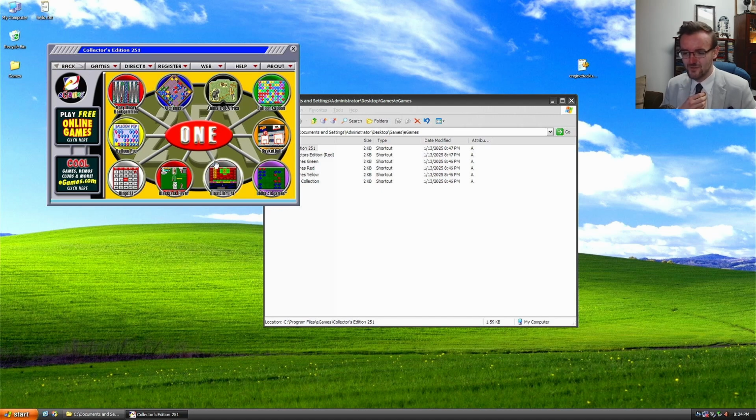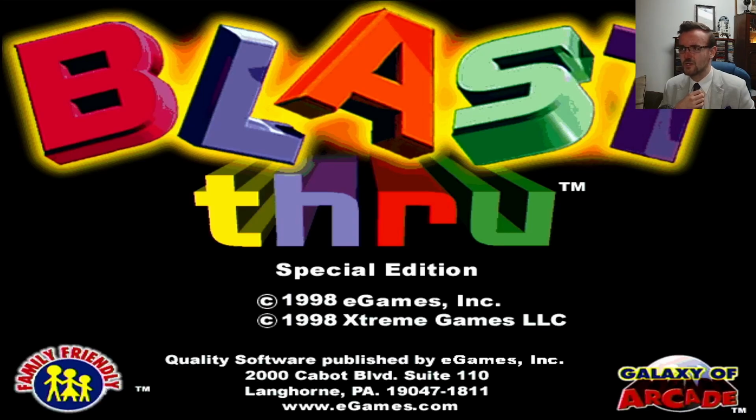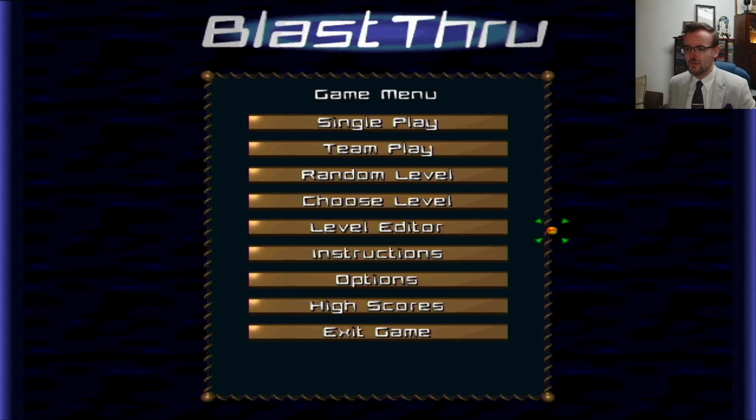There's Blast Through. Blast Through is a good game. It's a version of Breakout. You know, you have a ball. It's on a little baton. It flies off at certain angles, it hits bricks, it destroys them, and it has weird little patterns in it. I do vaguely recall this has a level editor in it as well. I wasn't going to show you this originally because it is a little bit pedestrian, especially by today's standards, but